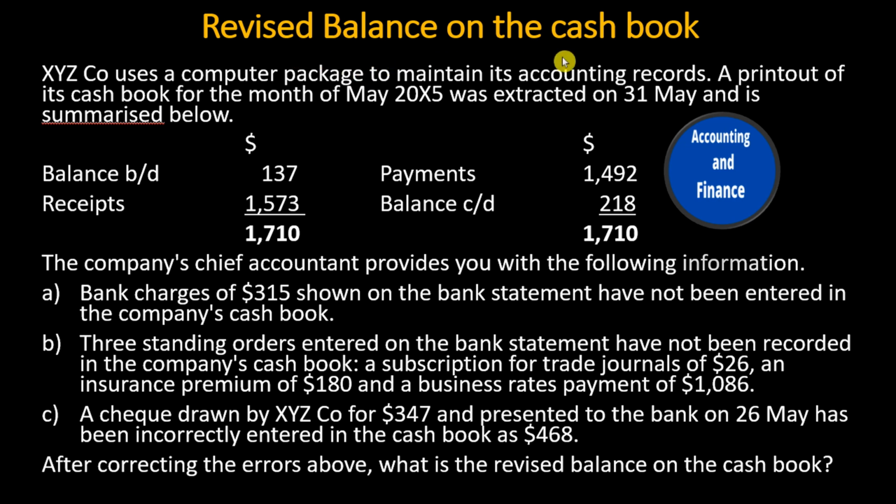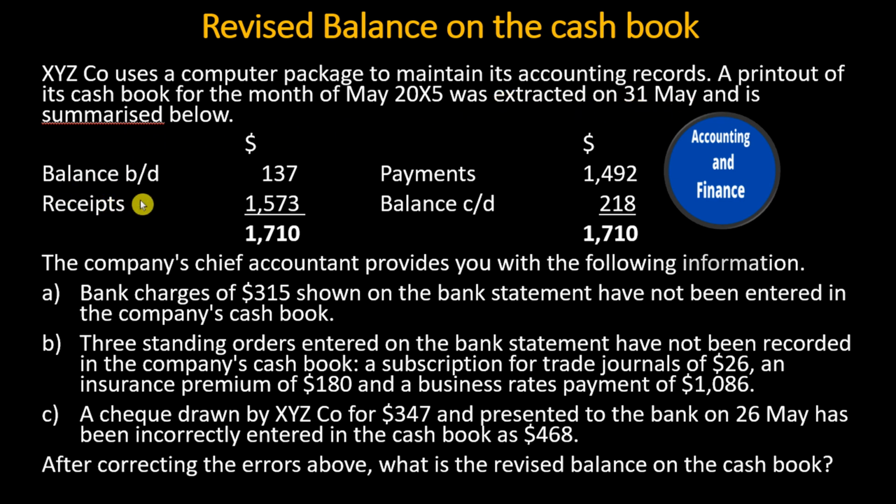Revised balance on the cash book. XYZ Co. uses a computer package to maintain its accounting records. A printout of its cash book for the month of May 20X5 was extracted on 31 May and is summarized